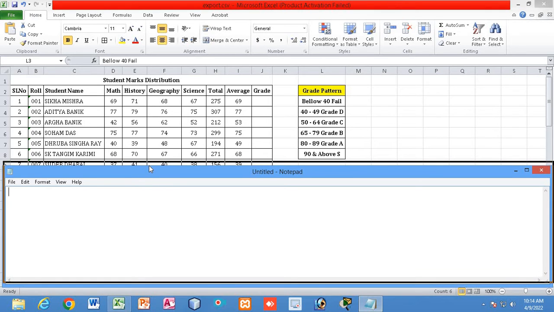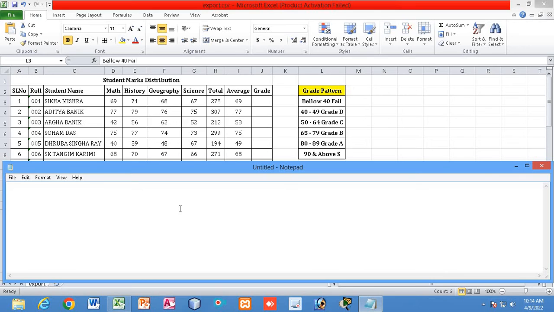The formula that will be used is a conditional and nested conditional formula, right? If I write equal to IF, then bracket opening and closing, inside this let us see